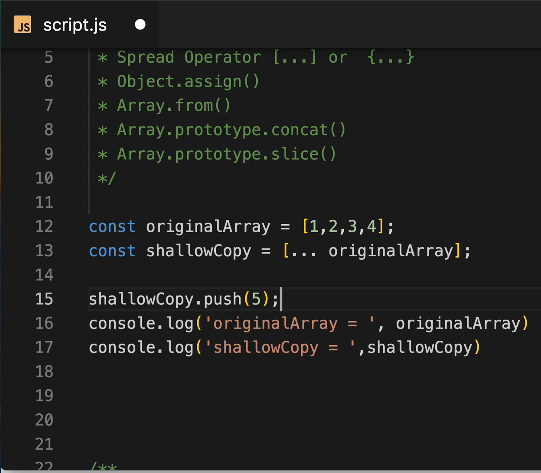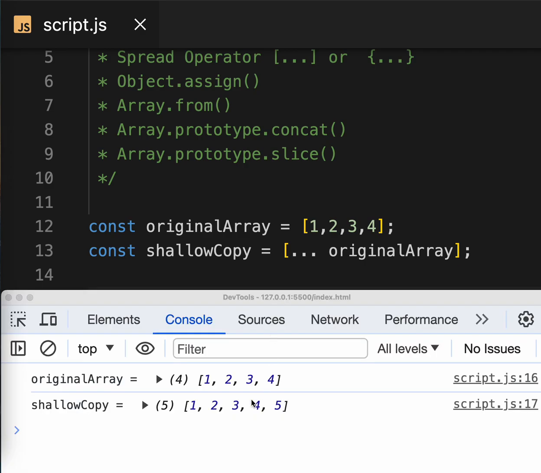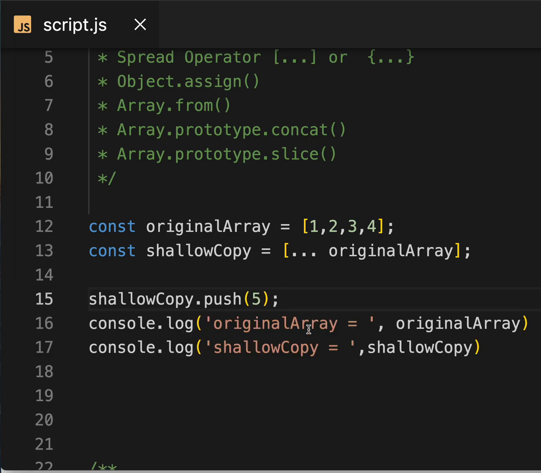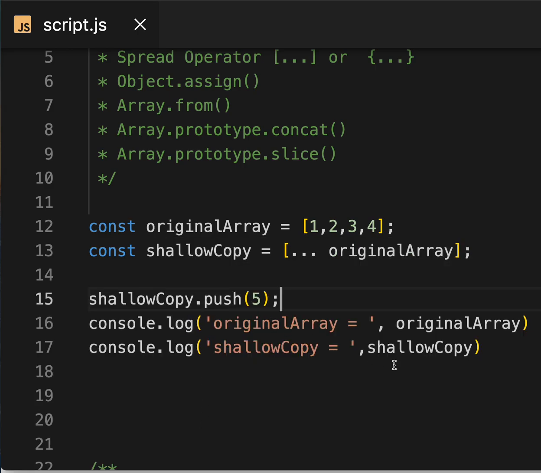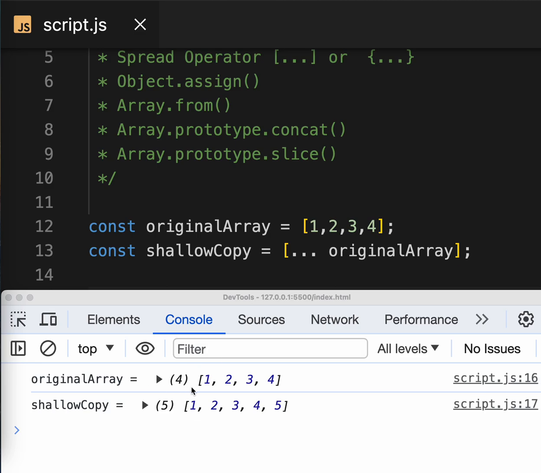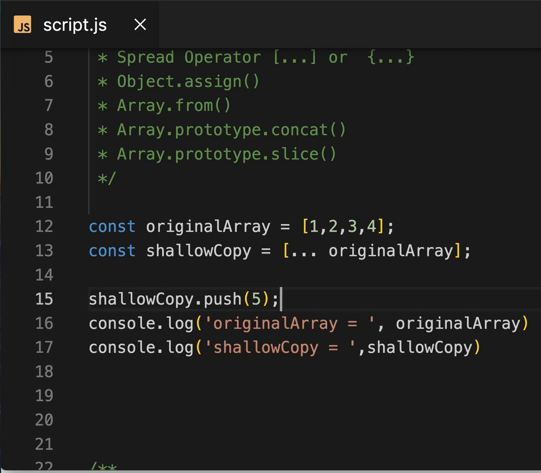Let's see that and see the output for both. You see 1 2 3 4 for the original array, and 1 2 3 4 5 for the shallow copy. So with a shallow copy using the spread operator, modifying the shallow copy doesn't affect the original array.